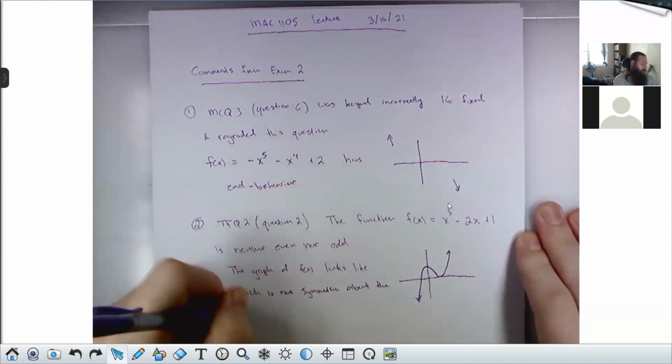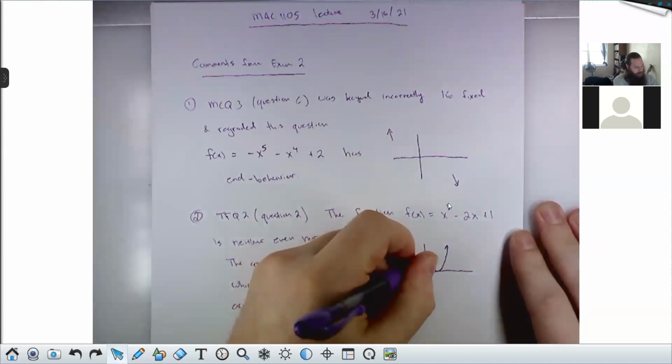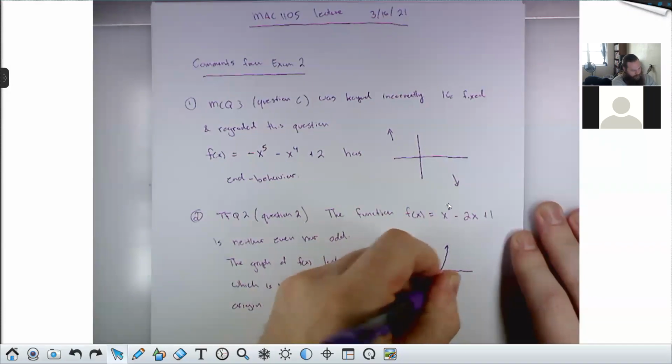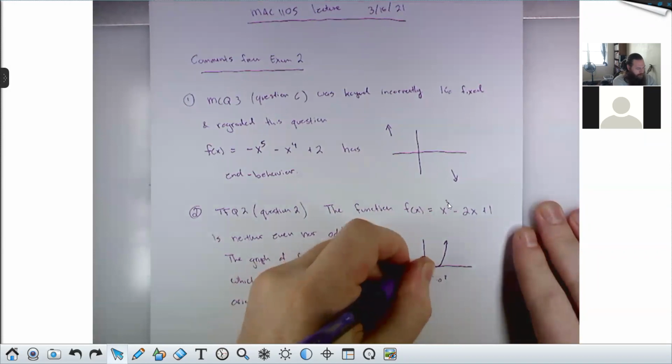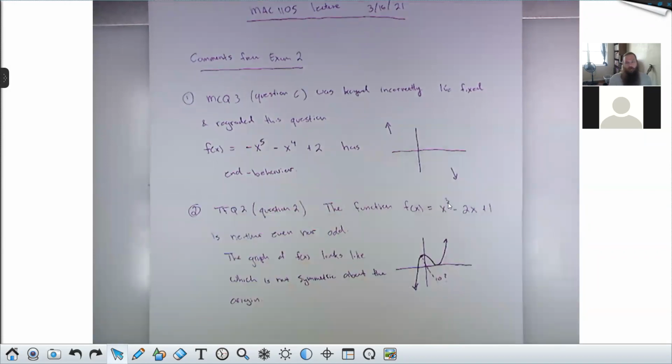About the origin. For example, this point, right? If we reflect it through the origin, we don't have a corresponding point over here, a little further down here. We don't have anything down there. So this is certainly not the graph of an odd function, but how do you square that fact